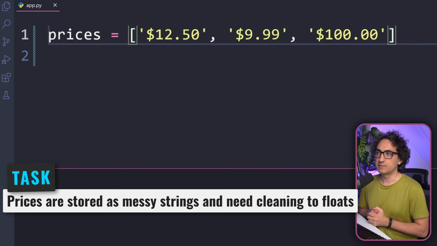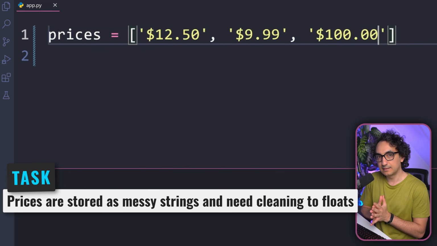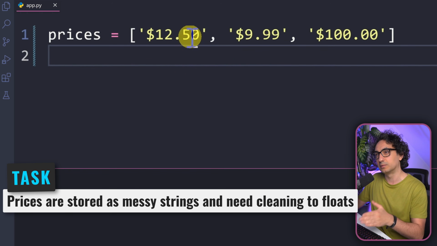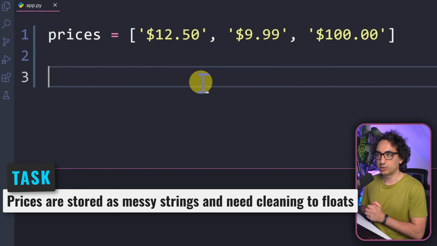Now the thing is, with those values you cannot do a lot of aggregations and calculations like the average, min, max. You have to convert from a string to a float. So that means I have to transform my list from a list of strings to a list of floats. But the challenge is that you cannot go immediately from a string to a float because of the $ sign. So first you have to do some manipulation to remove it and then change the data type to a float.